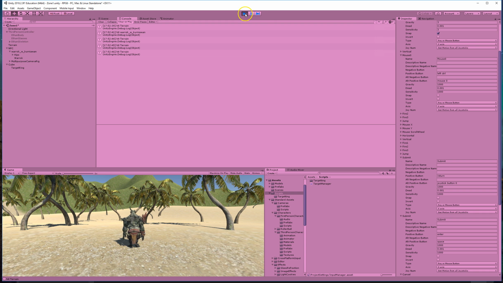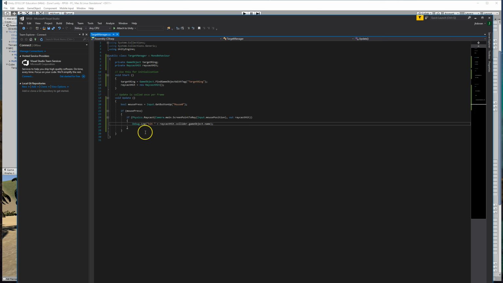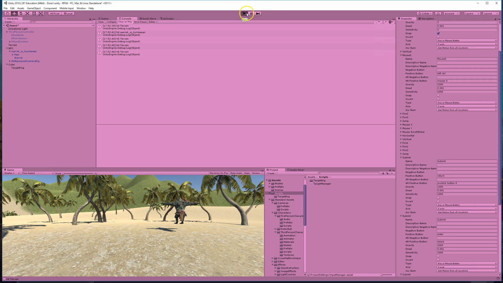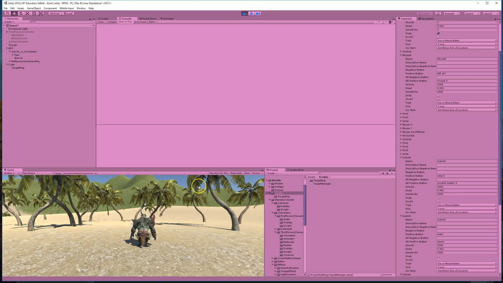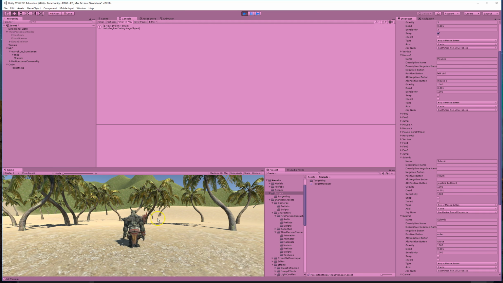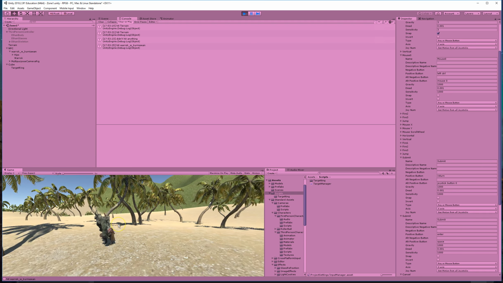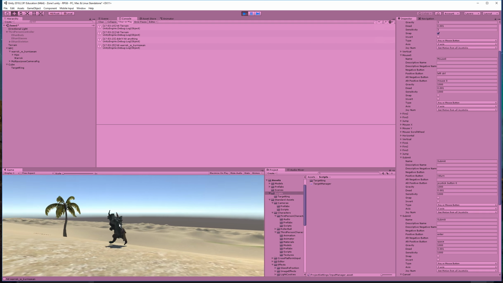Okay, so let's go back over here and turn this off. And that's a case where else, debug.log, didn't hit anything. That's the other case that we should consider. Now, I'm not going to do anything about it, but I want to make sure that we're really clear, 100%, on here I'm getting the train. Back here's the train. There's the didn't hit anything. There's this guy. And if I move around the scene,